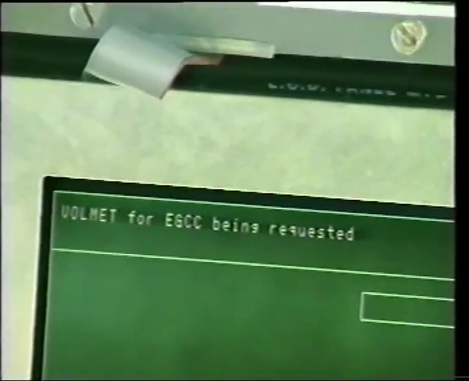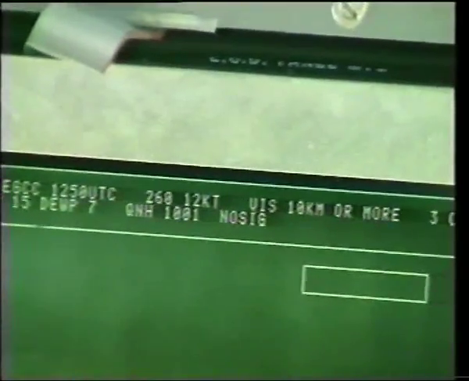Now almost halfway through the second scenario, Nugget 2 requests Volmet information from the Volmet databank at Malvern, and the uplink data is displayed along the top of the LCD.